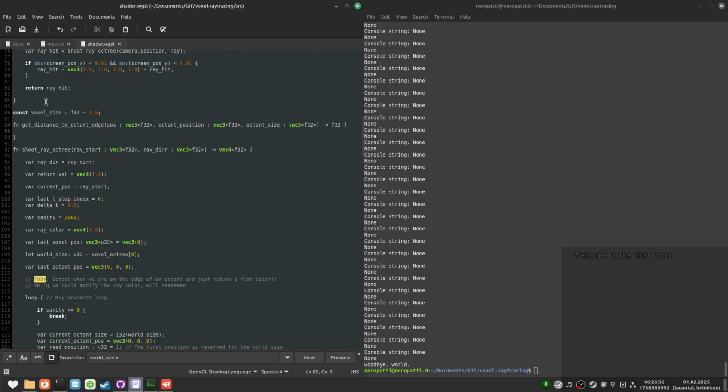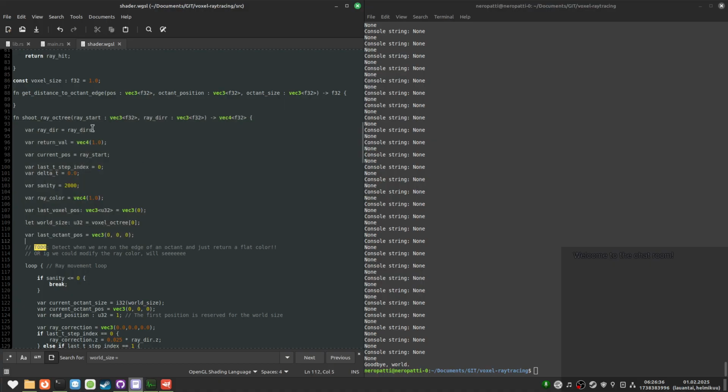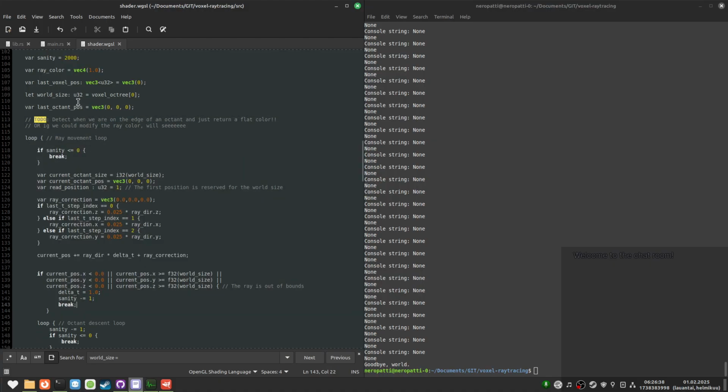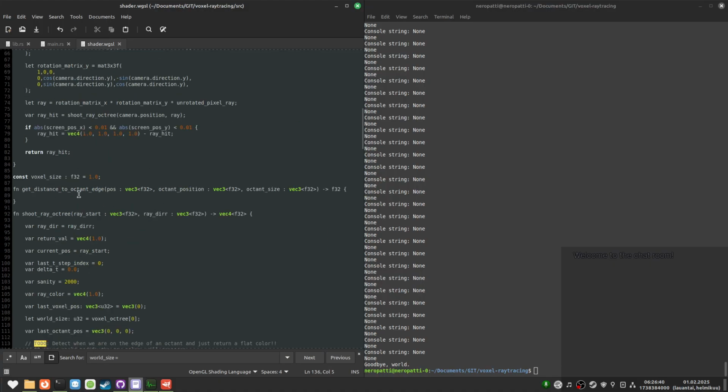I actually really like defining the function first. Because when I was thinking of going in here and doing the thing directly, I'm like, what are all these variables? Where do I get them? No, I just define the function, and I can now worry about the logic, and then later I'll worry about where I get these variables from.